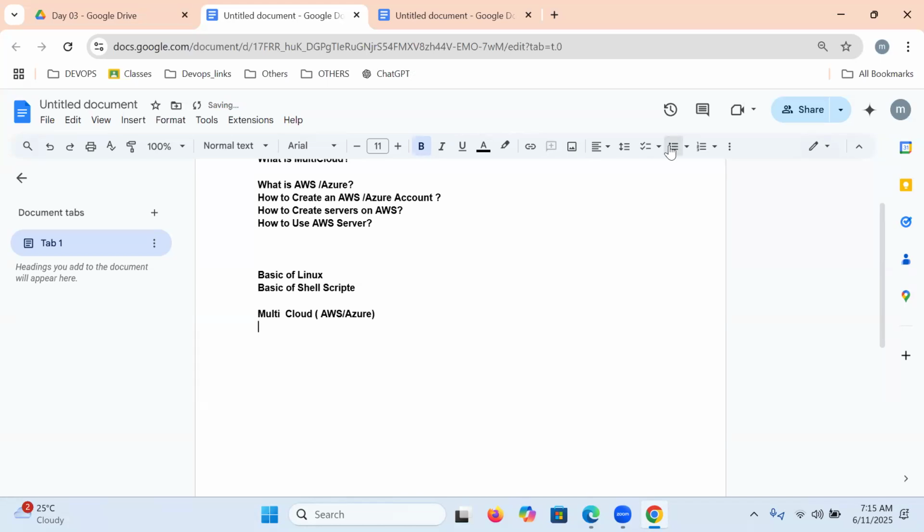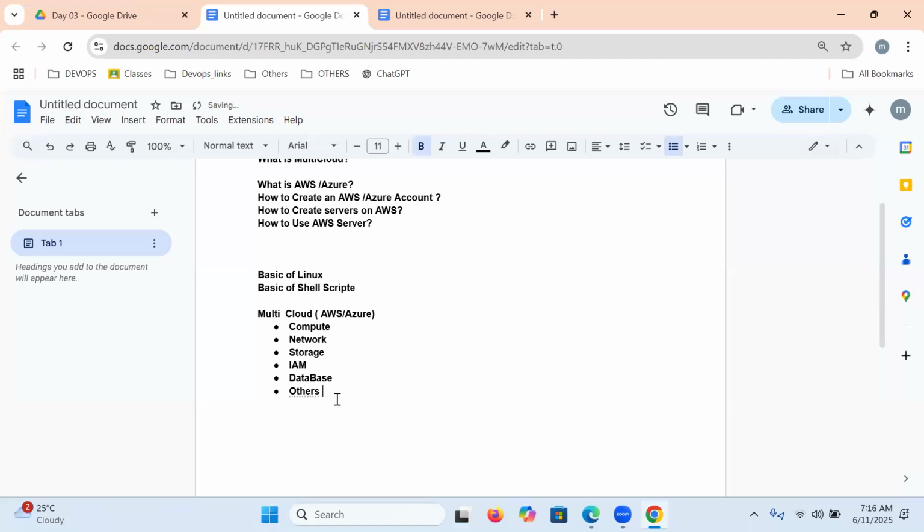In this, we are going to discuss the compute model, network model, storage model, identity access model, and database model and others also.